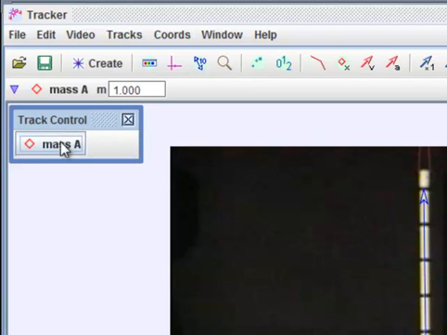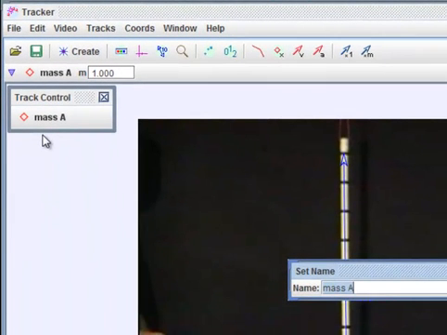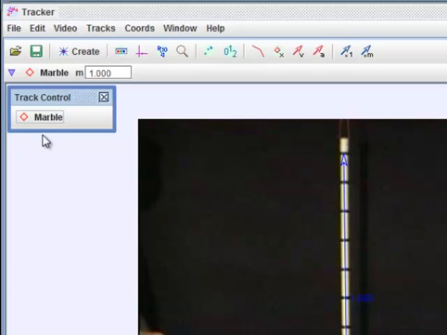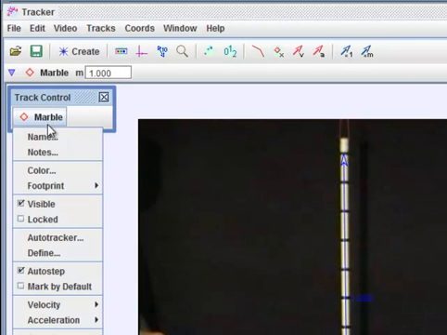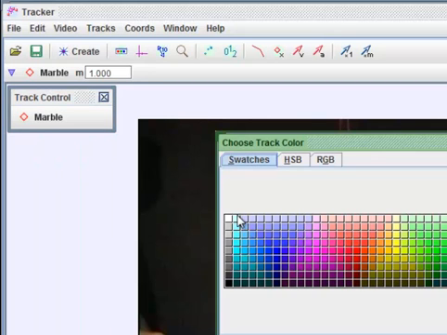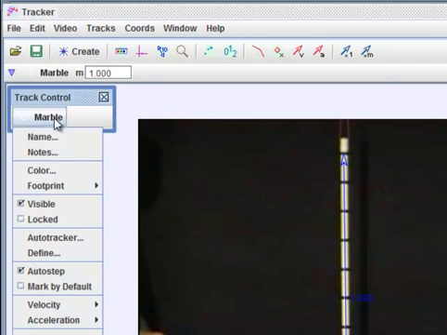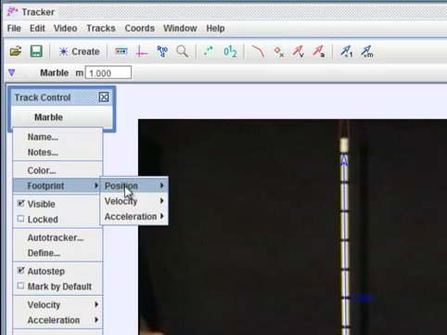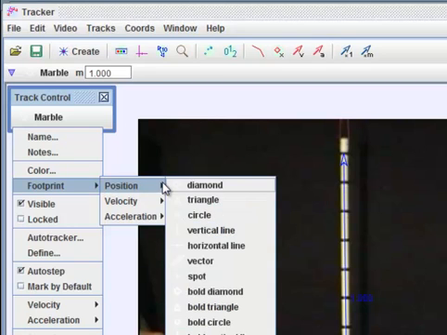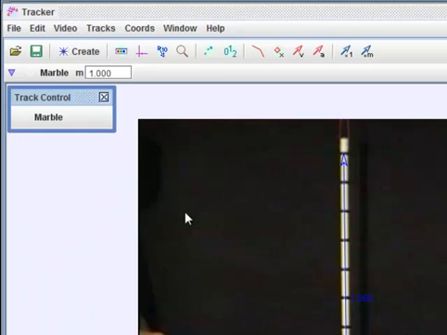Once you've got a track set up, you can change its name. I'm going to change it to, say, Marble. Just click on it and change it. You can also change the way it looks. Right now, when I track it, it will show up as orange diamonds. I'm going to set it up so that it says, let's go with white, and we'll do a footprint is what size it is. I would like to do circles,